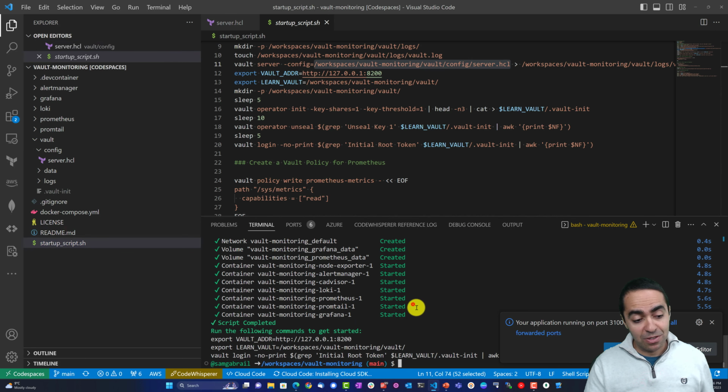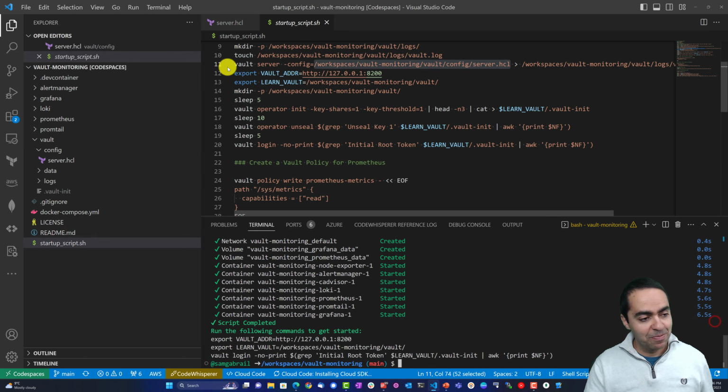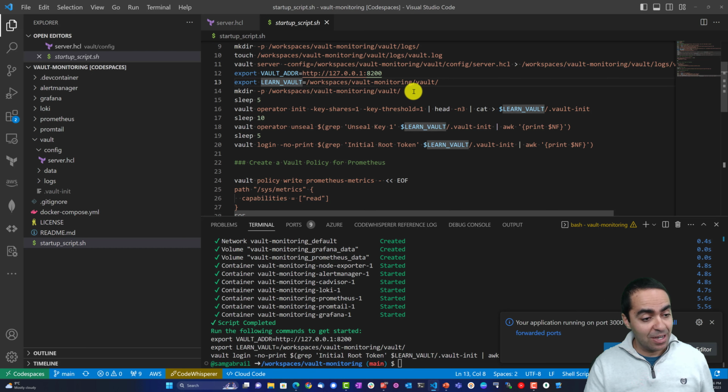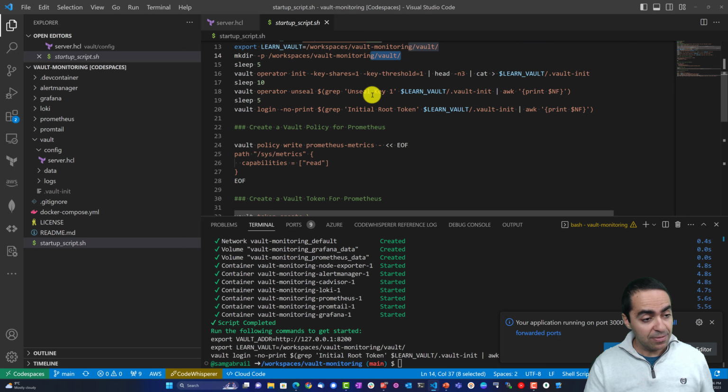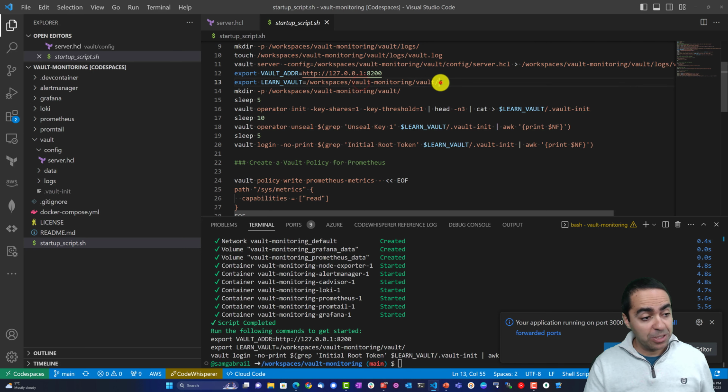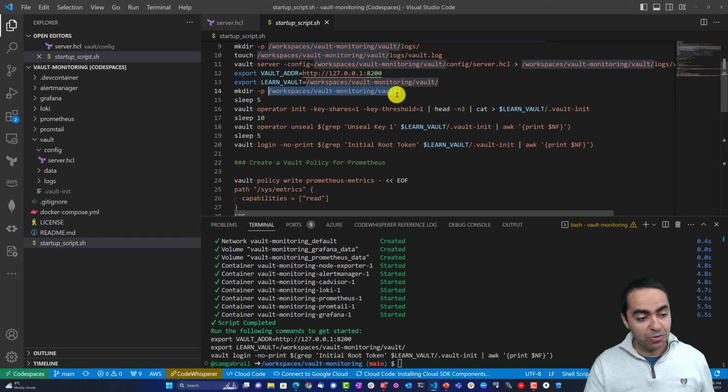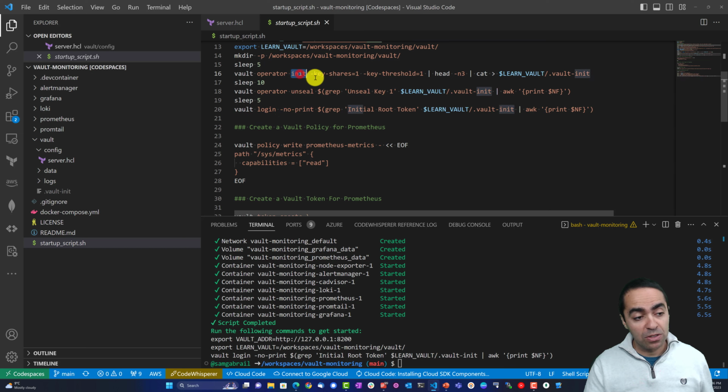As you can see, everything is already done. But let's quickly just show you the script here. And here we can see that we're exporting our Vault address and exporting this particular folder where we're going to be running quite a few things. So we're making a directory here, Vault Monitoring Vault, and then we're initializing Vault with one key and one threshold,